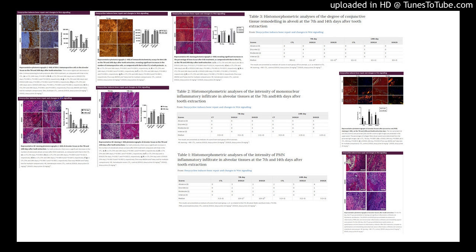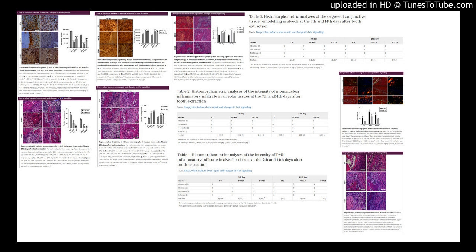P equals 0.0001, P equals 0.0022 and P equals 0.0004, respectively. H, J, versus CTL, 7th and 14th days, and versus DOX25, 14th day, P equals 0.0001, P equals 0.0001 and P equals 0.0062, respectively. K, L, versus CTL, 7th and 14th days, P equals 0.0001 and P equals 0.0002, respectively. Two-way ANOVA and Tukey test for multiple comparisons.